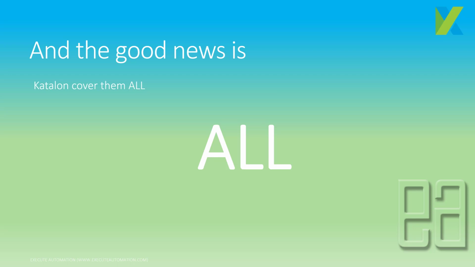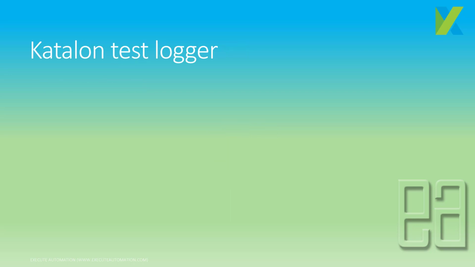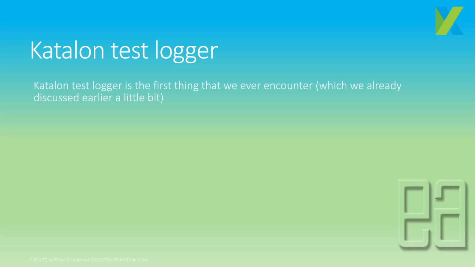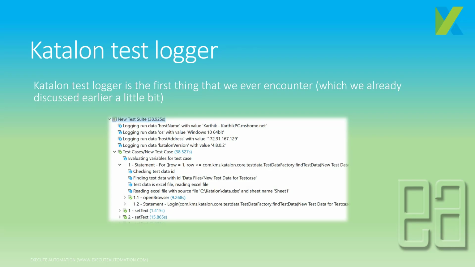It generates a log, it creates simple and detailed reports along with screenshots, and you can generate your own custom report, and you can generate a custom HTML report out of the reporting engine of Katalon Studio, and these are generated out of the box in Katalon Studio itself. And the Katalon test logger is something which is generated automatically. We have already discussed it, and you can see that the Katalon logger can be used while debugging the